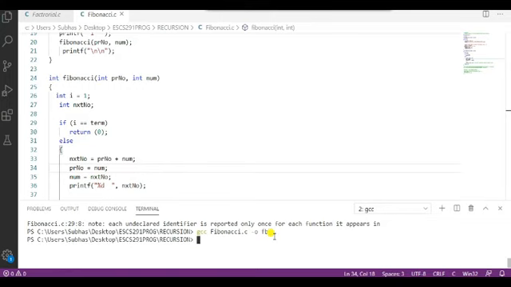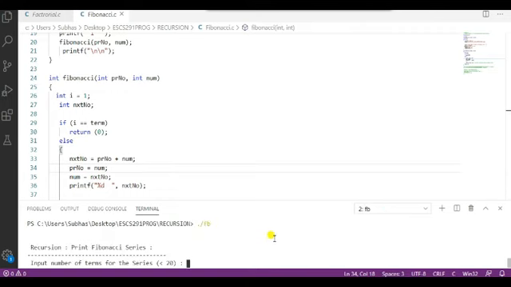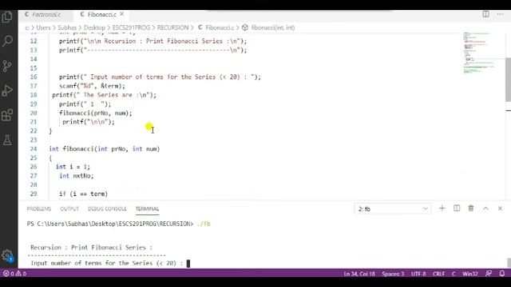It's compiled, and now let me run fb. Yes, it prints the first line: Fibonacci series, input number of terms less than or equal to 20. That line gives the message to the user.